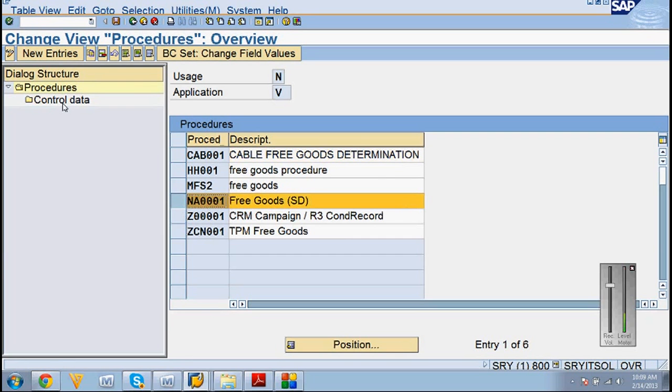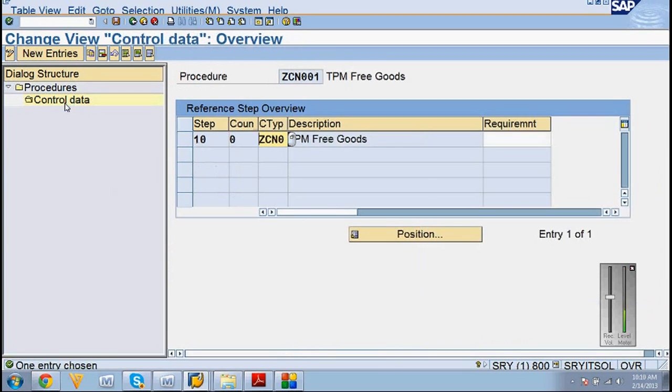So basically they are going to ask why did you create a new one. You can see this ZCN001, it is TPM free goods. So what is the difference between both of them? It is the condition type only.